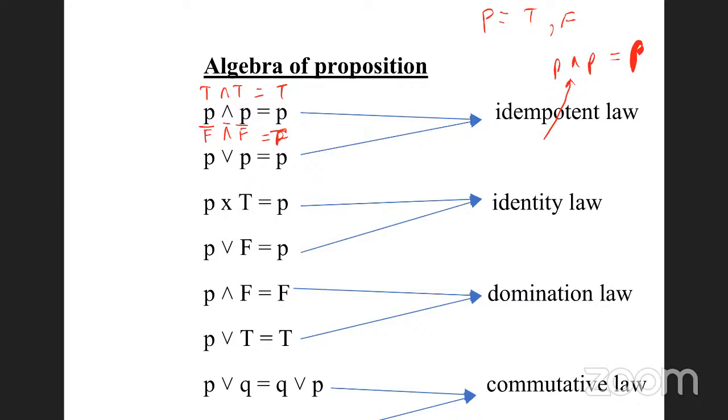right? What about P or P? If this is true or true, you'll get true. If you have false or false, you'll also get false. So it means that P or P is P,